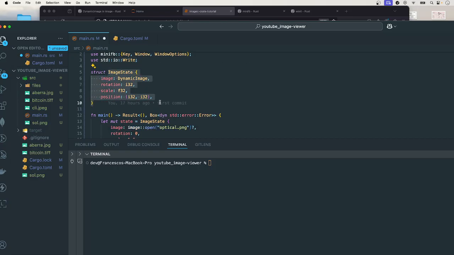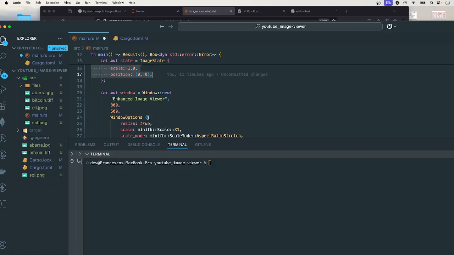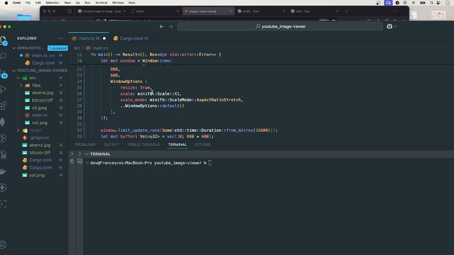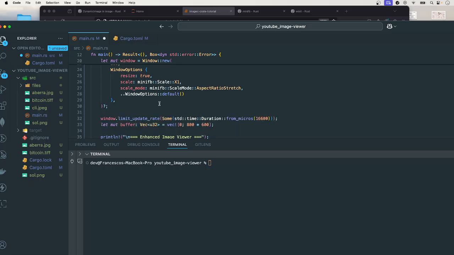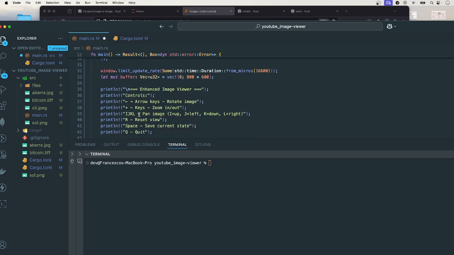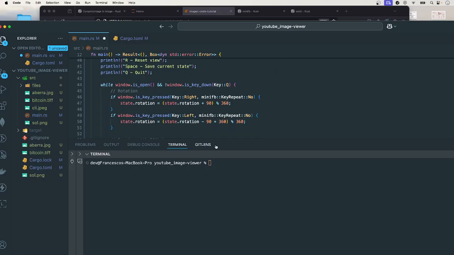We're creating a struct image state. This still is a little bit different, but basically it's just the state is changing. That's all we gotta keep track of it now. And also we're enhancing it. It's an 800 by 600 to start with the aspect ratio stretch. Menu has a little bit more in detail because I'll be showing you because it's got more